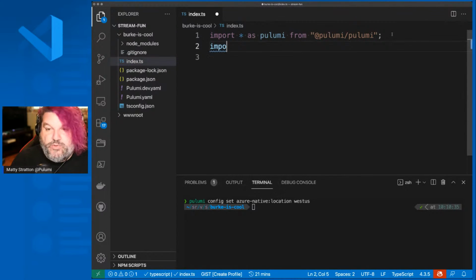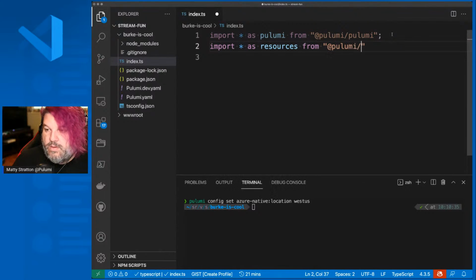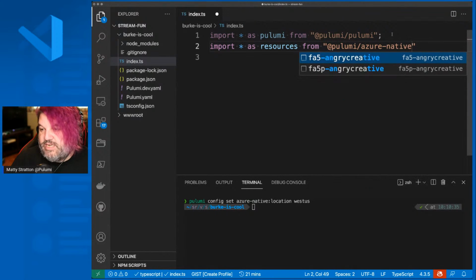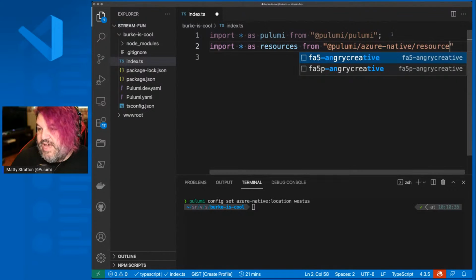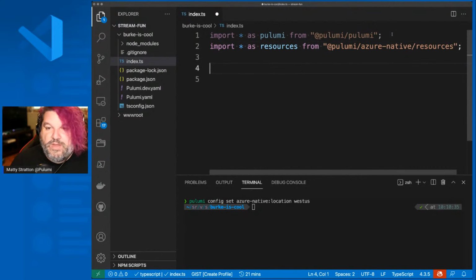We need to get in play here our resources, and this is going to come from the Azure Native. Now, we're starting to get the advantage of our type ahead happening here. Cool. There we go.